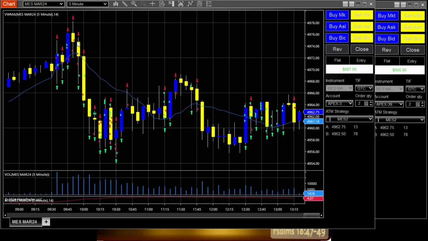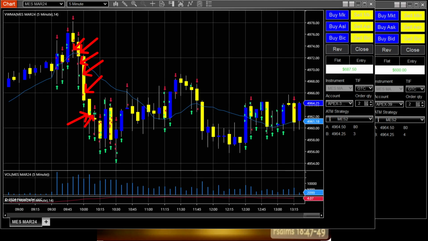Eventually I caught this short right here, which was a breakdown of the upper first deviation band on VWAP and a breakdown or rejection of Camarilla R3, right? So I took profit here, jumped back in short, and basically came back down to 49.62 or 49.61. Around this area here is 49.62, 49.61.